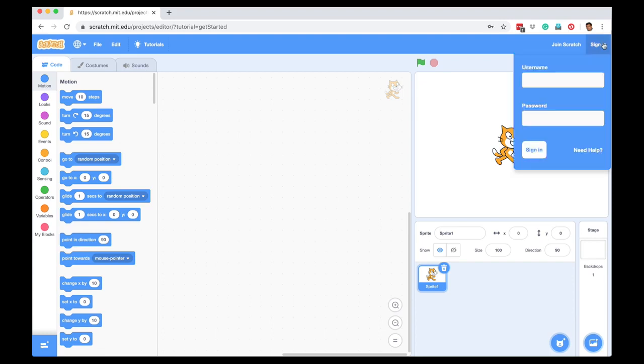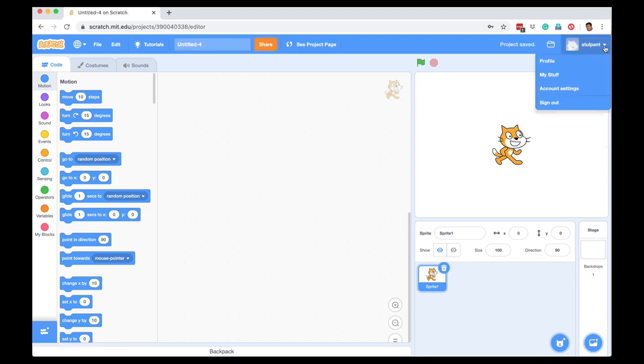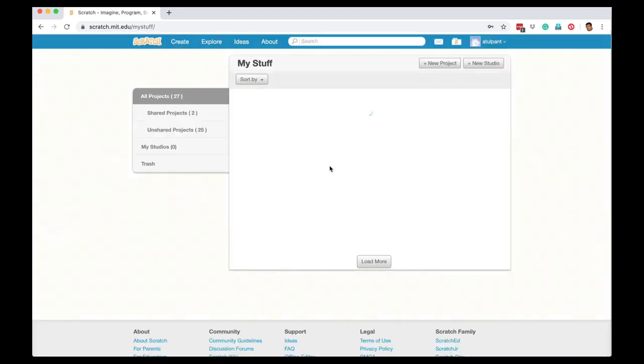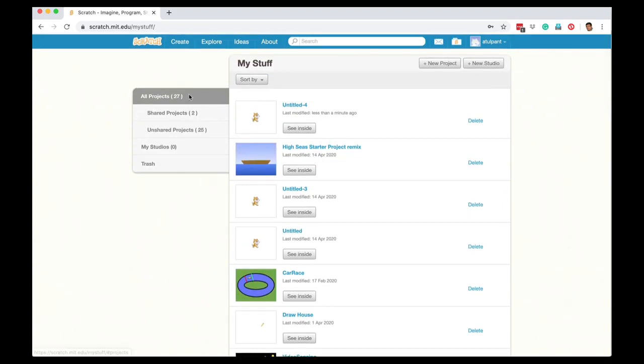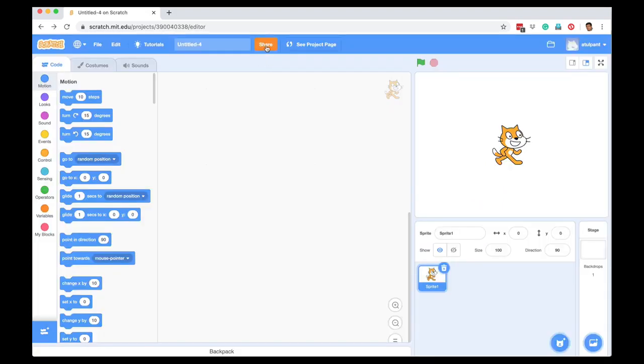So I am going to sign in, and once I'm signed in, you can see that if I go to My Stuff, I can see all the projects that I have made earlier and they have got saved. Plus, if I share my projects, then other people, if they are logged in, can remix that project. So Scratch is a very interesting and easy way to make some great stuff and get comfortable with the basics